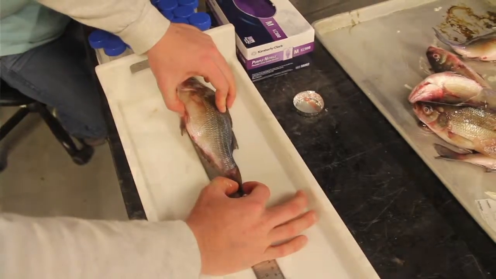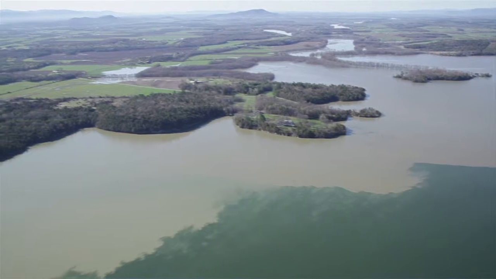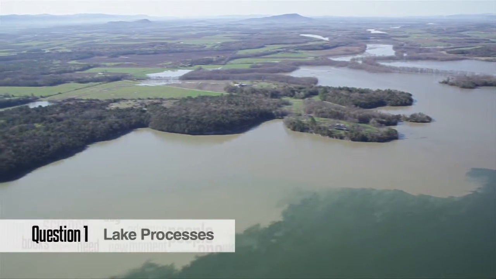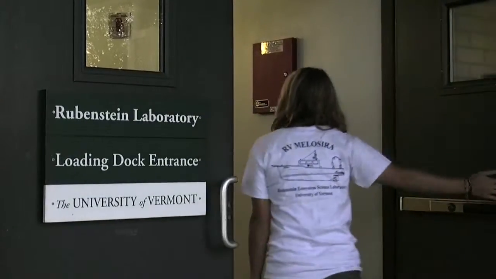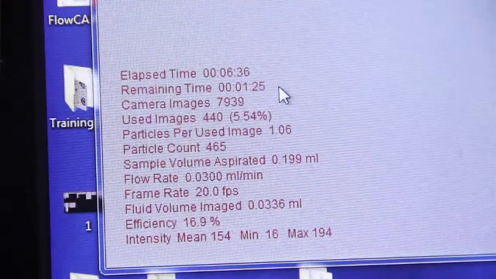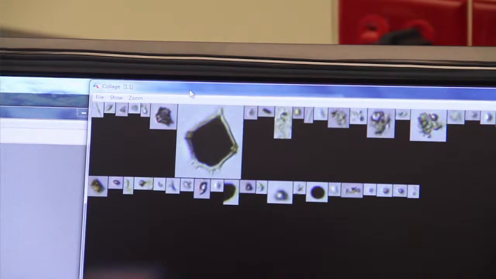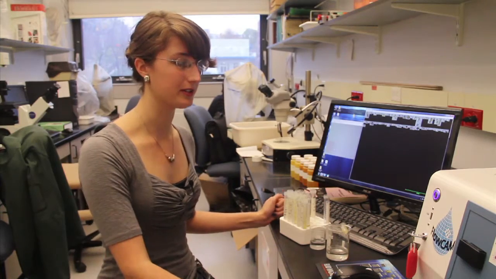There are basically 4 themes within the RAC program. One of those is for us to understand the dynamics that are going on with respect to the way nutrients and pollutants move around in the lake. The project that's being run out of this lab down here at the waterfront is doing research on Missisquoi Bay. Because it's so shallow, it has been responding to climate change a lot more prevalently than the other parts of the lake. I'm looking at how phytoplankton blooms vary across the surface of the bay and the differences in species